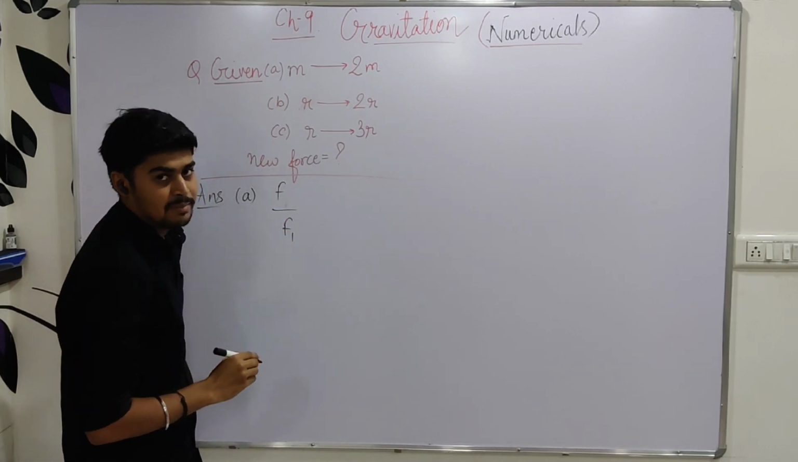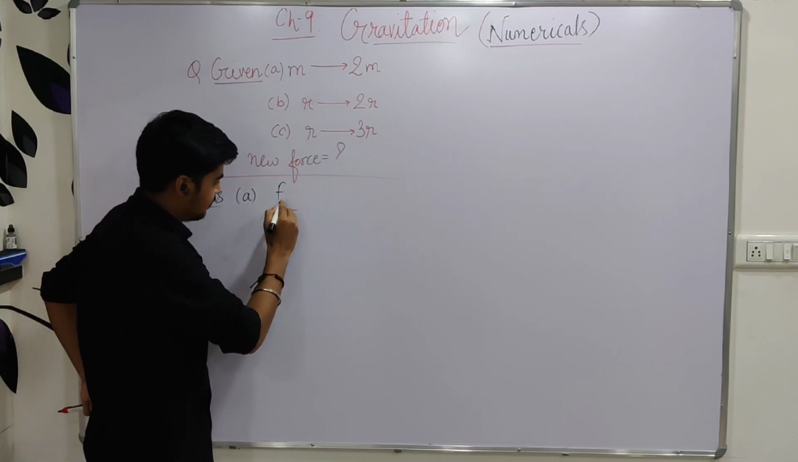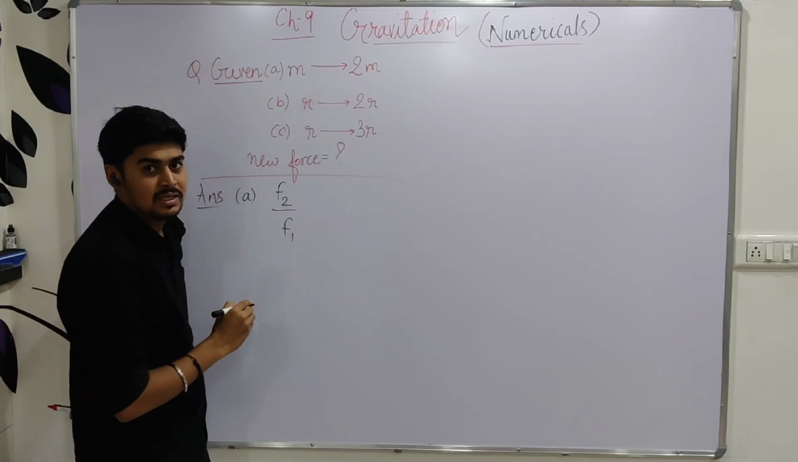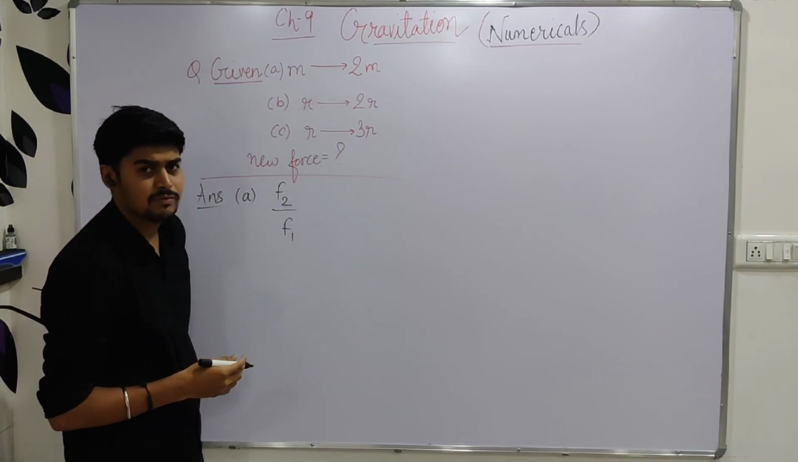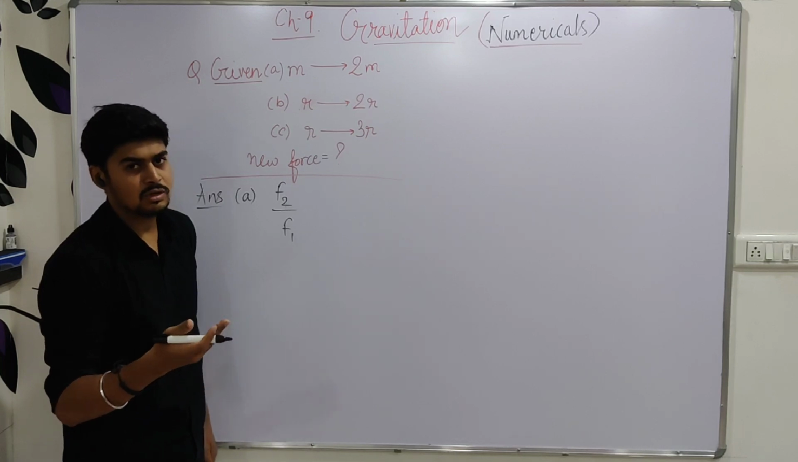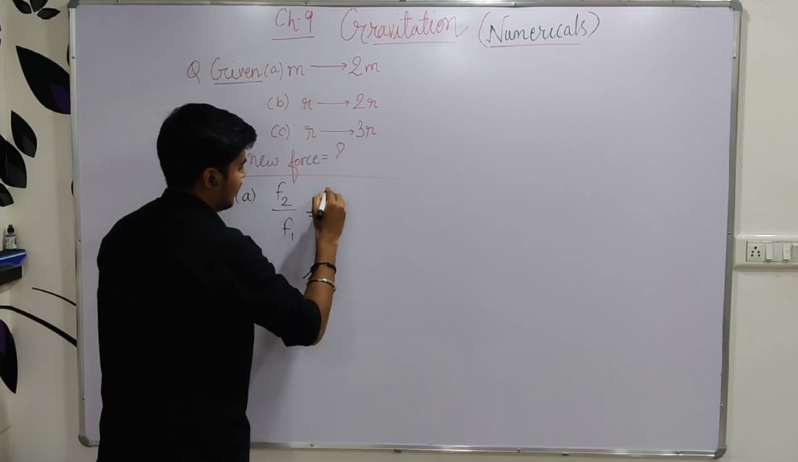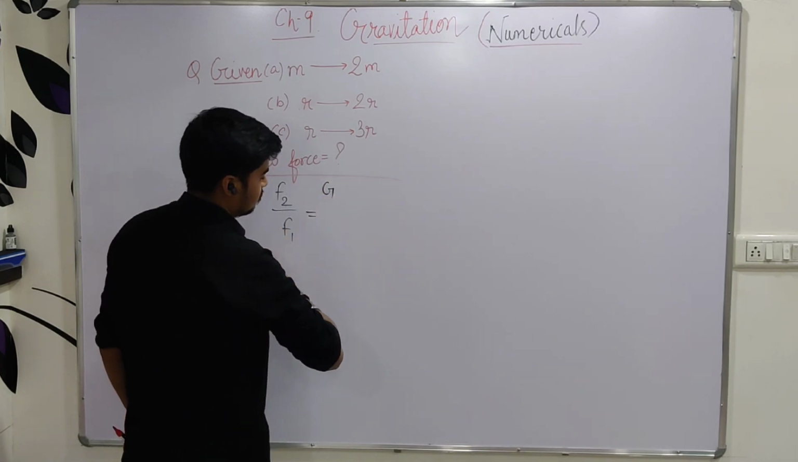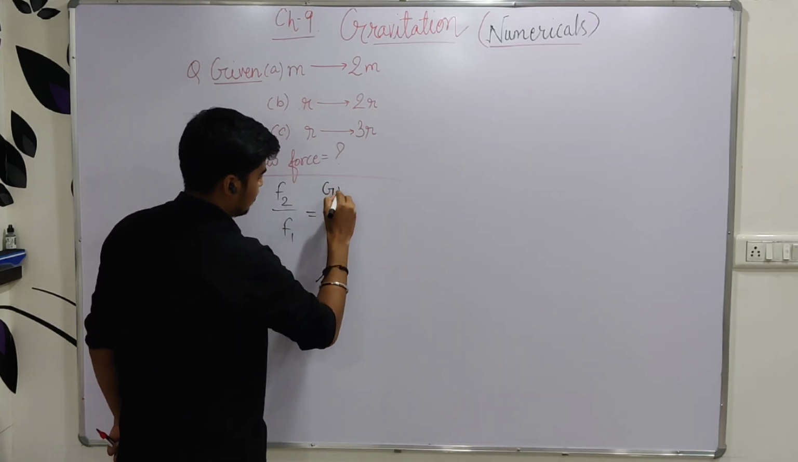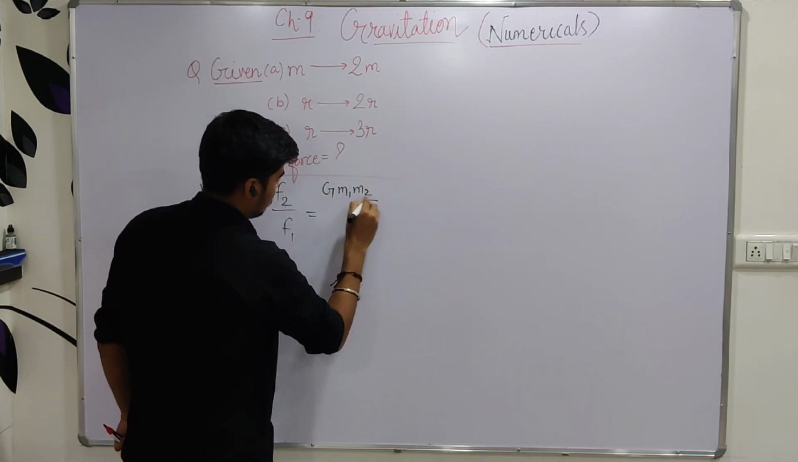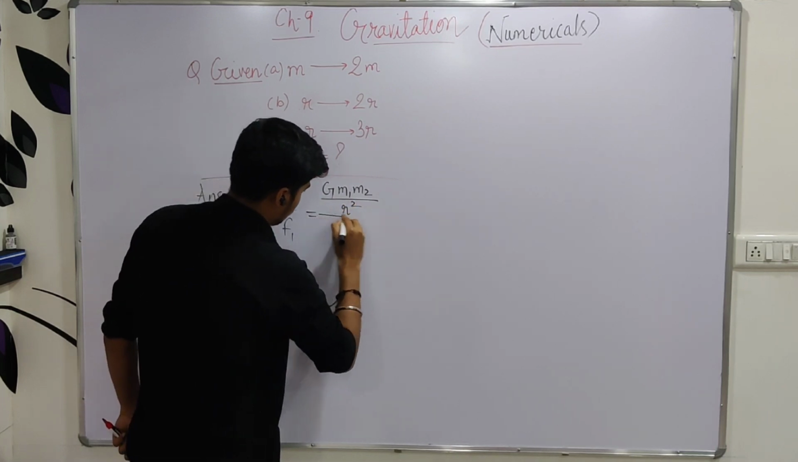This time I am taking the earlier force as F1 and the new force as F2. I am taking the ratio F2 by F1. You can take the ratio F1 by F2 also. Okay. Now applying the universal law of gravitation, which states G m1 m2 upon r square, whole divided by